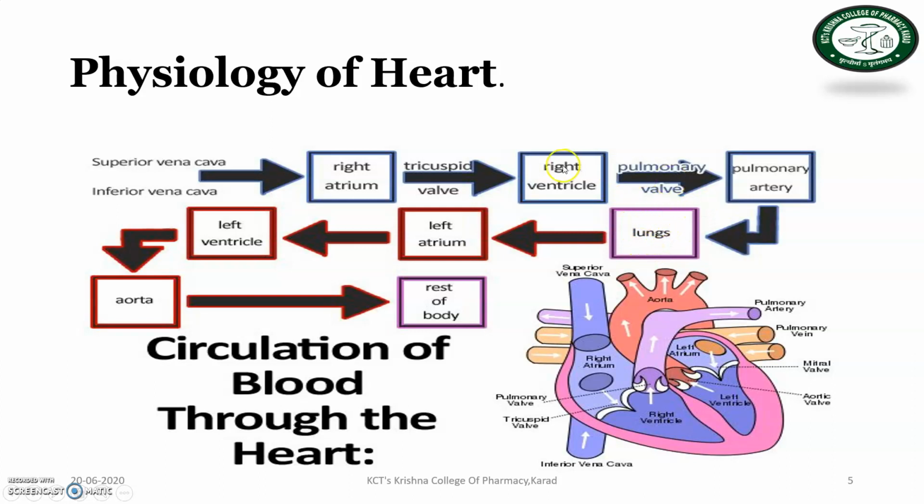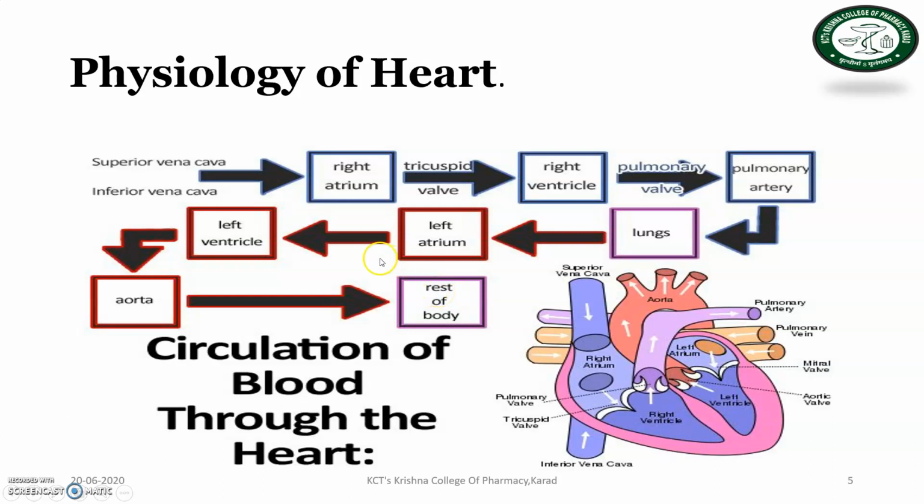We see the color indications from the superior vena cava up to the lungs is bluish, and that bluish color indicates the pathway of deoxygenated blood. Then after purification in the lungs, the blood passes towards the left atrium, then from the left atrium into the left ventricle, and finally pumps the blood into the aorta and then goes to the rest of the body or different parts of the body. Very, very important physiology of the heart.